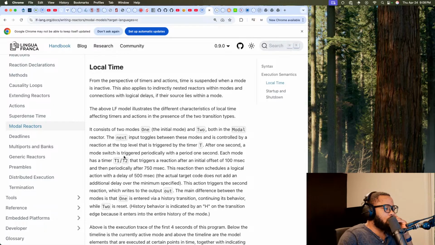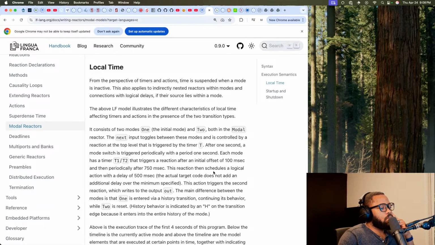After 1 second, a mode switch is triggered periodically with a period of 1 second. Each mode has a timer, T1 and T2, that triggers a reaction after an initial offset of 100 milliseconds and then periodically after 750 milliseconds.